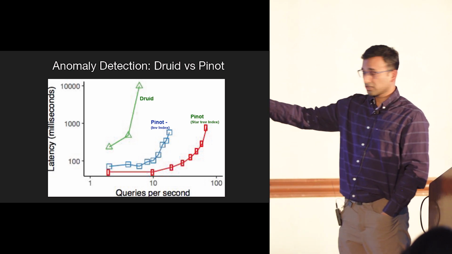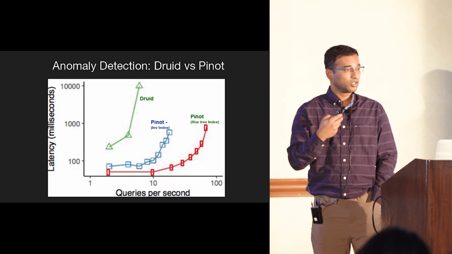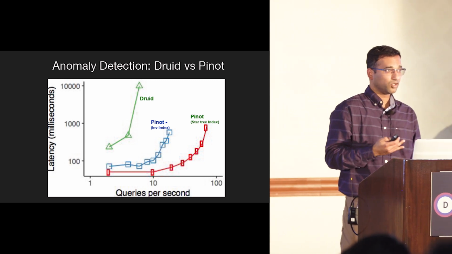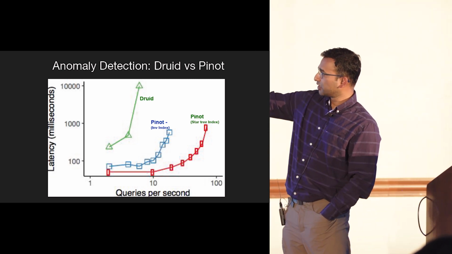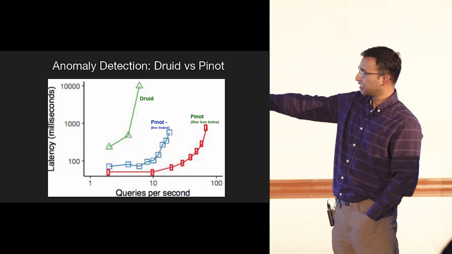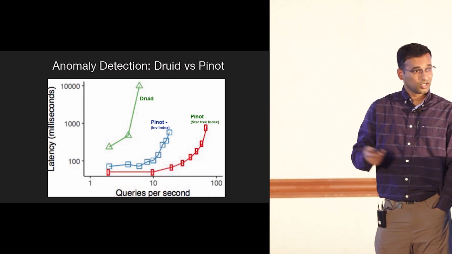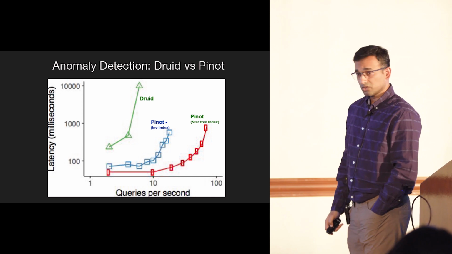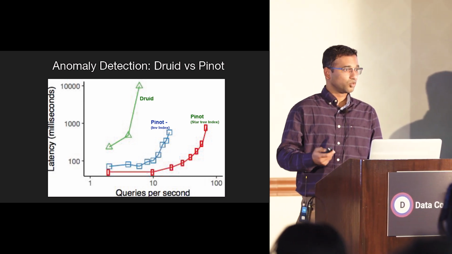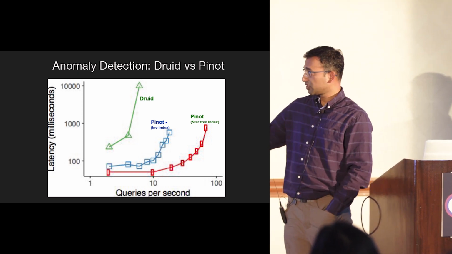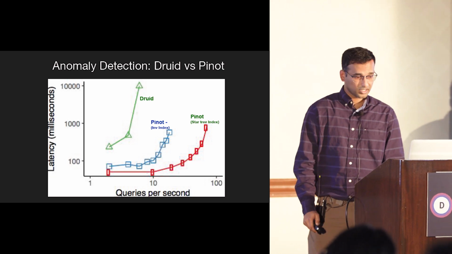So this kind of shows the impact of that, because now we are able to run the anomaly detection and the dashboarding, all of these on the same data set. If you look at it here, Pinot with inverted index, we couldn't really scale more than 10 queries per second with this data, because once you start having anomaly detection, which becomes a machine-generated query, the load is much higher. But with star tree, we are now able to get a lot out of the same set of machines. So that's the key difference.